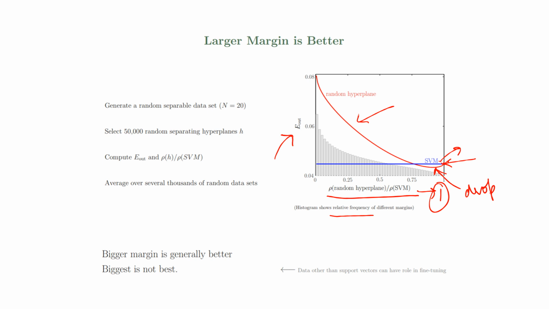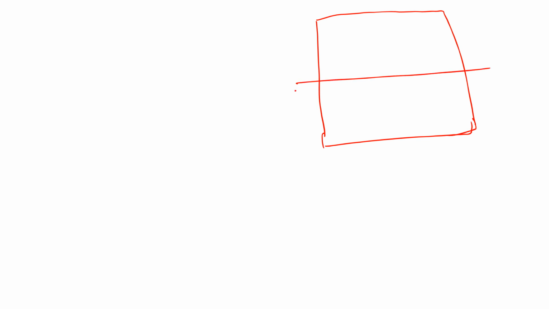Now we're looking at a second experiment, and again, I'll draw a similar sort of picture. Let's say again we have my f, the target function, and then I have these similar looking points here. These are the two regions, let's say +1, -1. All right. So in this experiment, we are looking at fitting my support vector machine from the perspective of bias and variance, right? So what we're going to do is simulate this very simple learning problem where we have this flat target function, this f, right?